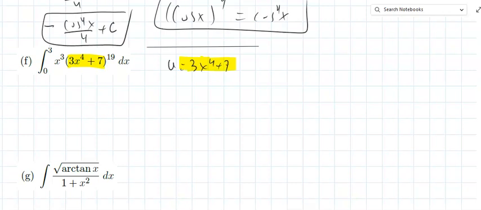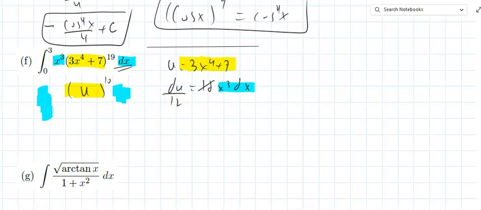So now I have just transformed this problem into u to the 10. Take a derivative. That's the only way to get a dx. That is 12x cubed dx. I'm trying to eliminate x cubed dx, which is right there. So what would that equal? That would equal du divided by 12, and since I could drag the constant up front,